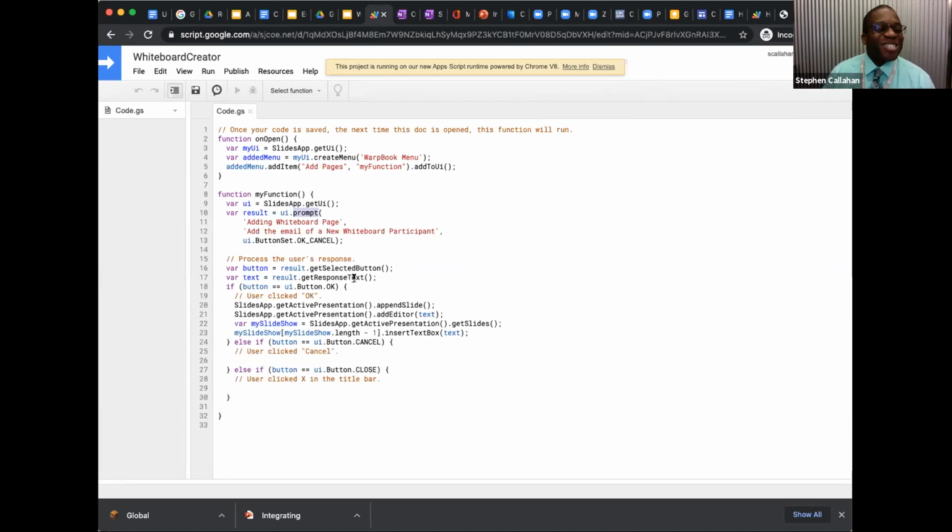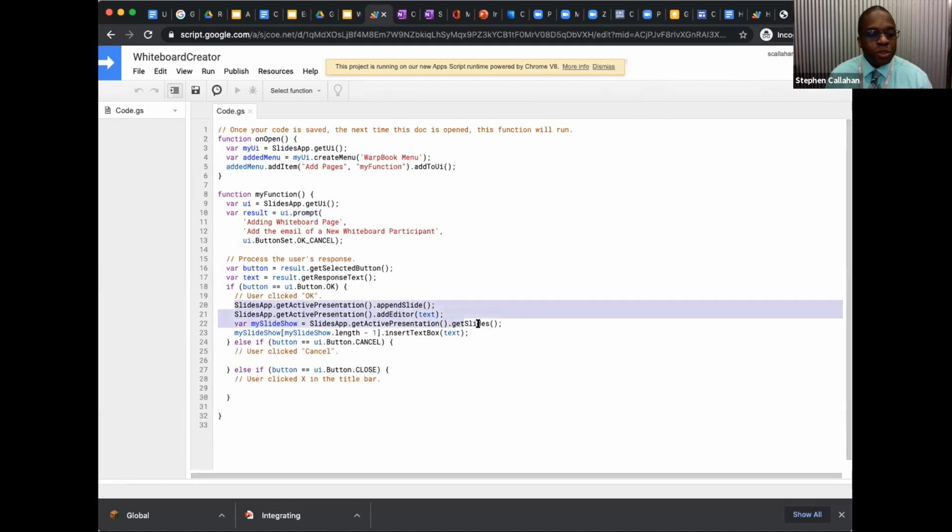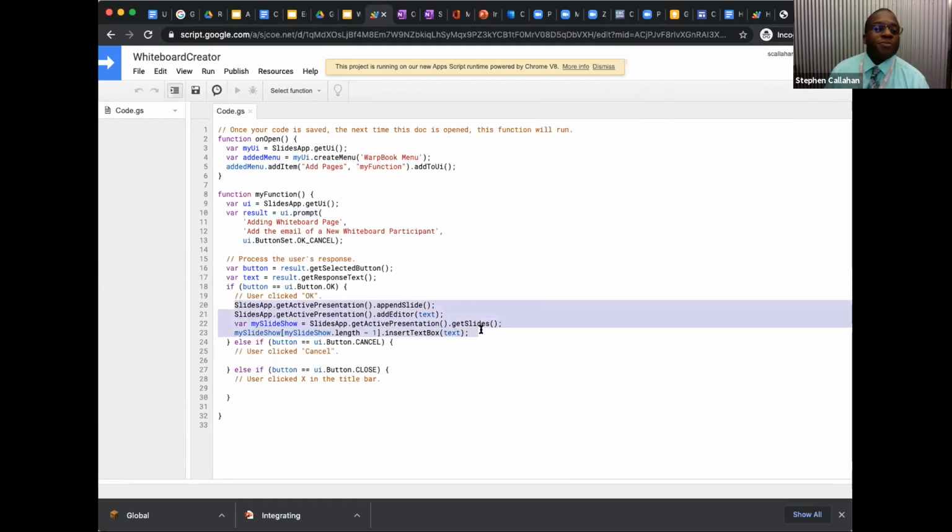Okay, anyway, so I also have some code here to determine if I press OK, this code runs. Otherwise, I don't want anything to run in the other cases. Okay. And what do these few lines of code do that run if I hit OK? Well, one, I append a slide. So I put a new slide at the end. Then I'm going to add that email as an editor. And then I'm going to go, you know what, that last slide, I want you to